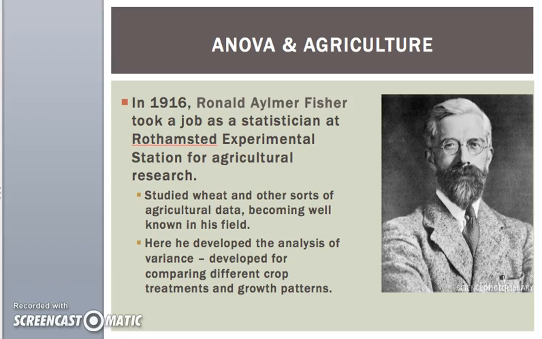They were using different kinds of fertilizers and different kinds of growing techniques, and he was hired to figure out a way to compare different, I guess you would call them plots of land growing crops, where they systematically varied what they planted and what the soil composition was like, and what kind of fertilizer they used. And it was here that he developed what we know today as the analysis of variance. It was basically developed to compare different crop treatments and different growth patterns.